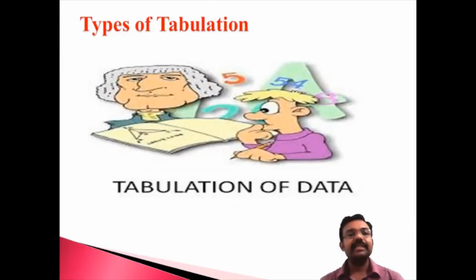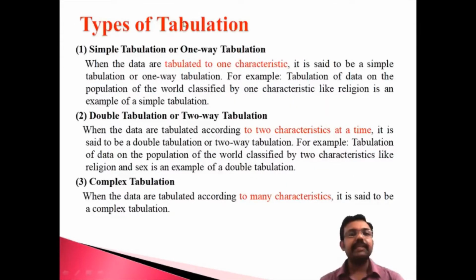Okay, what are the different types of tables? From the research point of view, one of the important elements is the different types of tables. The researcher always thinks about what different types of tables relate to the research, and we are going to discuss the different types of tabulation. The tabulation of data can be classified in different ways. The first category is simple tabulation or one-way. The second category is double-way, that is two-way, and the third one is complex tabulation. These are the three categories of table and tabulation relating to research.